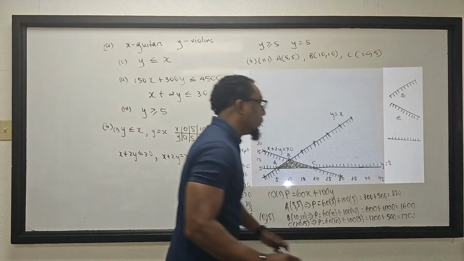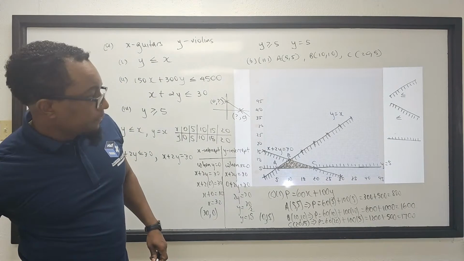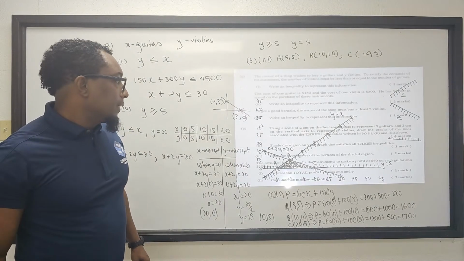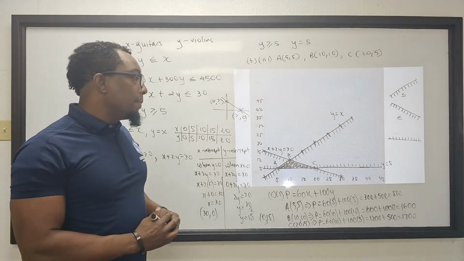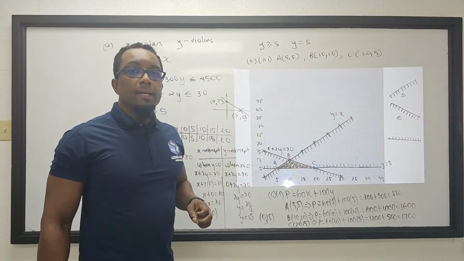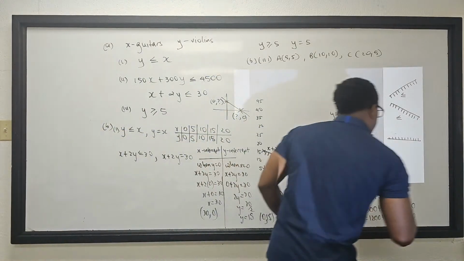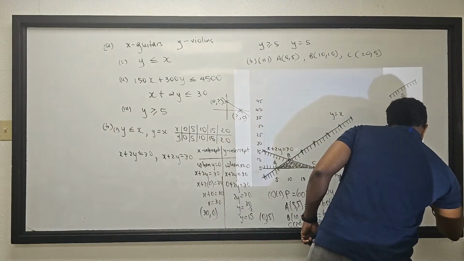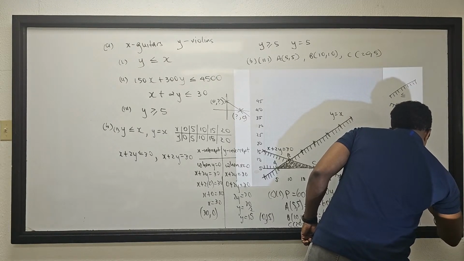Which will give us 1,700. So the question asks, calculate the maximum profit. So the maximum profit clearly will be 1,700. So therefore the maximum profit is equal to